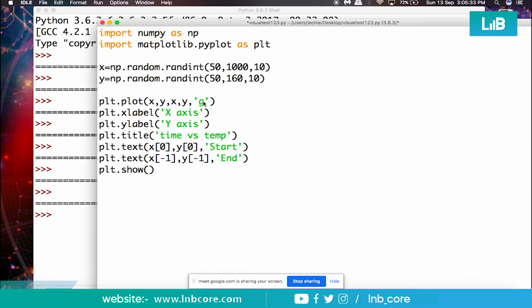Instead of star, you can use cap. Cap would be giving you triangles. Likewise, you can use hash. There are multiple notations that you have available. And if you want to know more about it, like I told, you can go on matplotlib.org and you can find out the documentation of this particular thing, right?